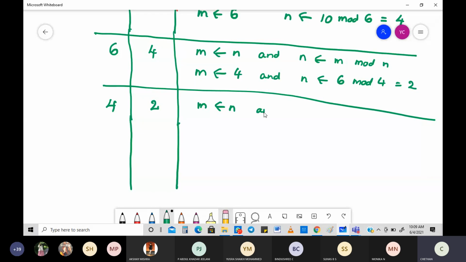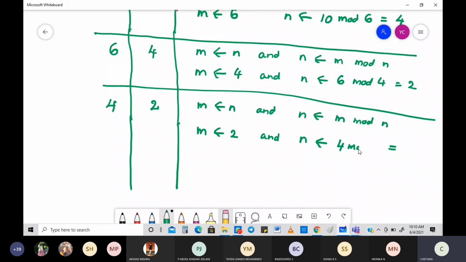So what is the value of m? The m value again is equal to 2. And next, the n value is equal to 4 modulus of 2. 4 modulus of 2. Be careful, I hope everyone knows what modulus is. See, when we see that, we write modulus, but I'll generally write percentage. n mod 2, what is the value you get? The value you get is 0. Be careful here. You are getting 0 here. So what is the value that you are going to get here? The next step, be careful.